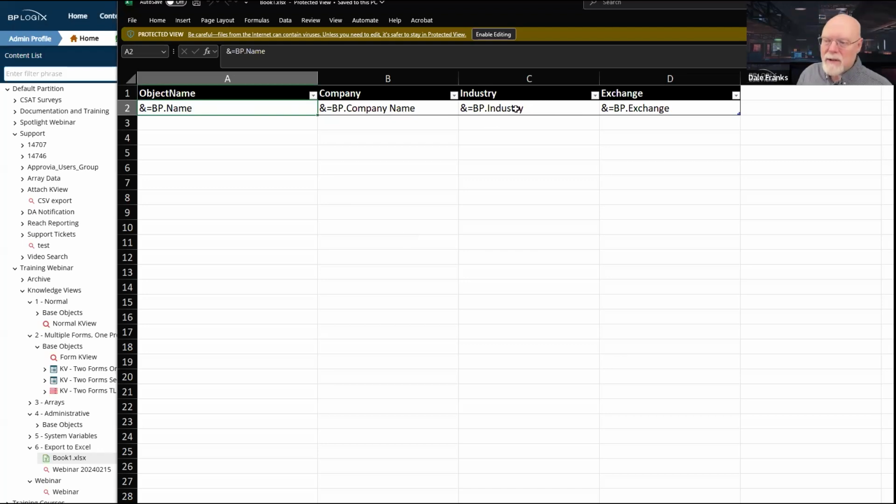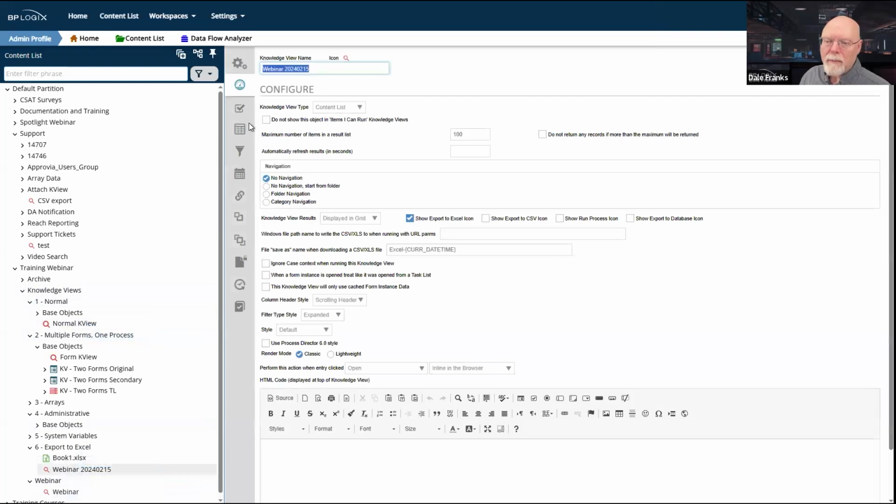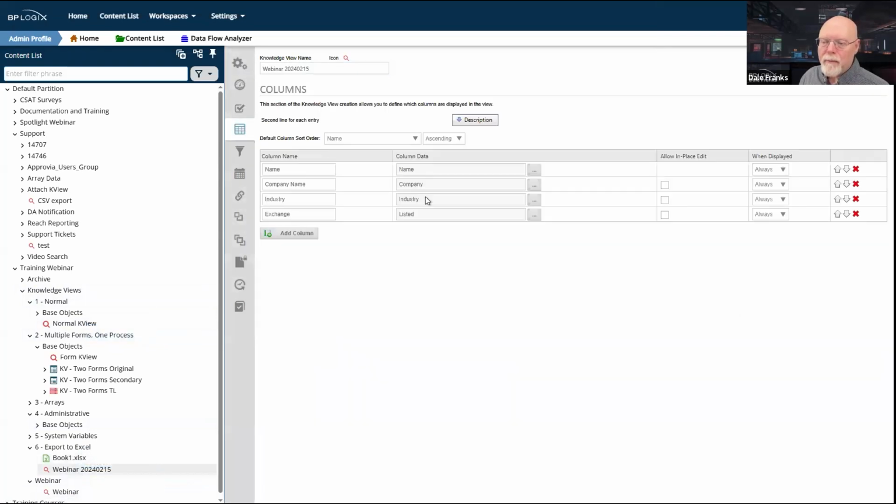And these names that are after the ampersand equals BP dot, and that is required syntax, match the actual names of the columns in my knowledge view: name, company name, industry, and exchange. So I have to have that Excel template.